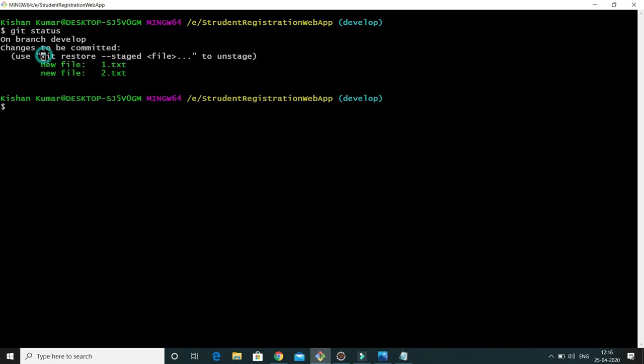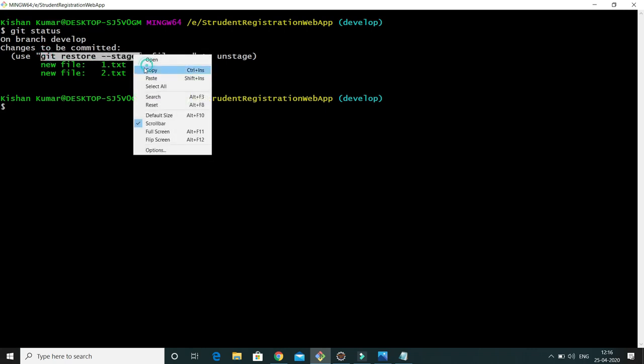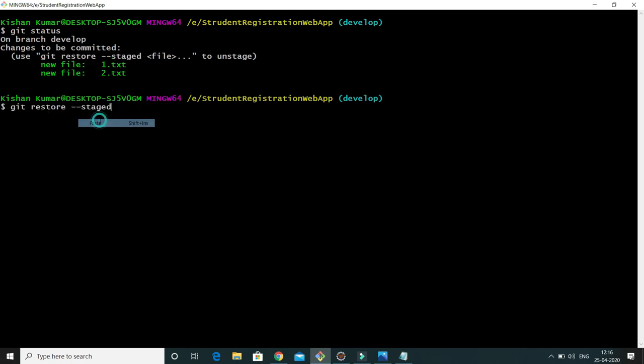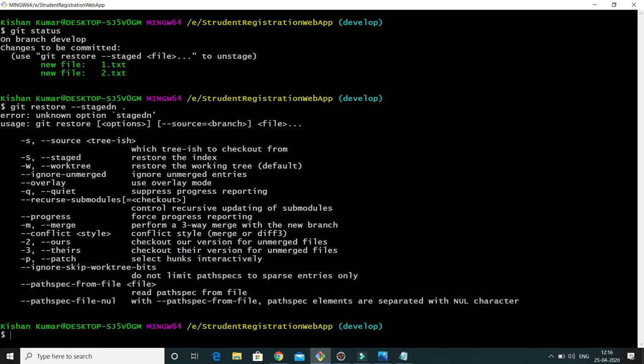That you can do. So let me copy this command and paste it over here, and let's say I'm doing dot. Okay, there is some mistake, dot, right?